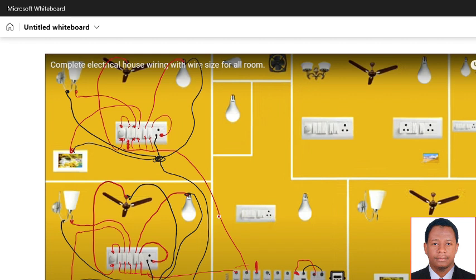But before going to the other room, we have to know that this socket has 3 terminals, 3 pins. So there will be a ground wire. This ground will come to be connected to the ground here. The same ground is going to be connected to the other terminal of our socket. Now I come to this